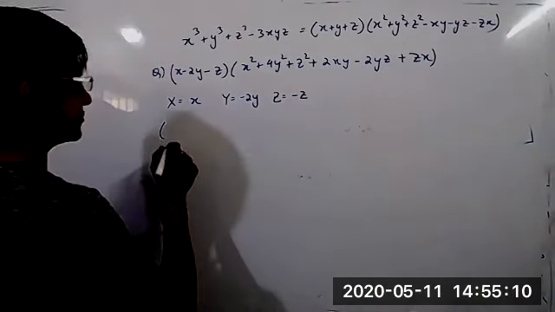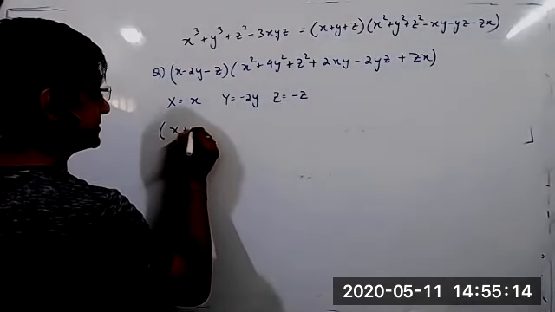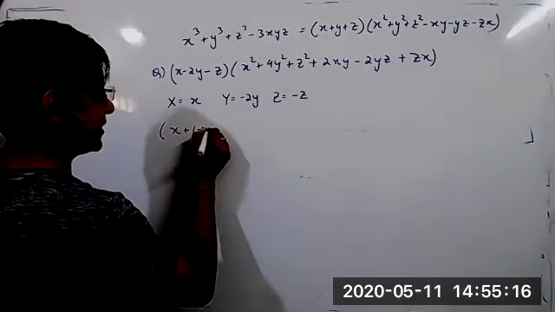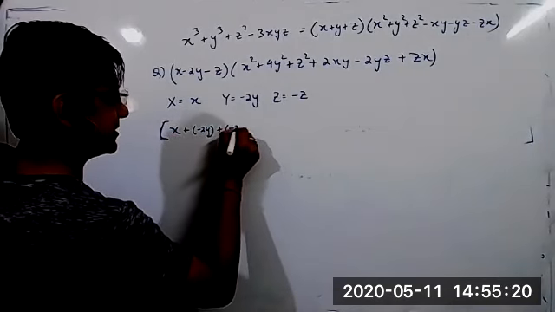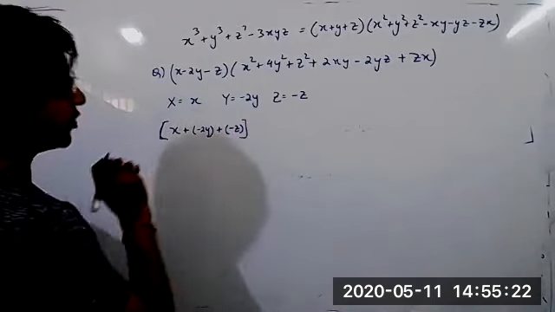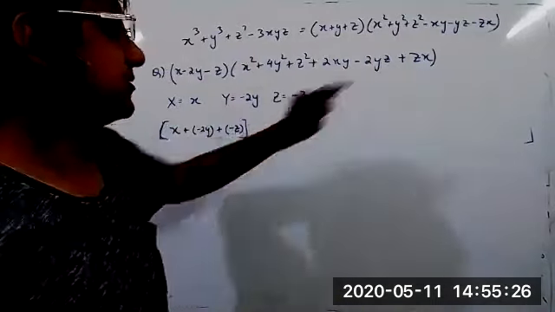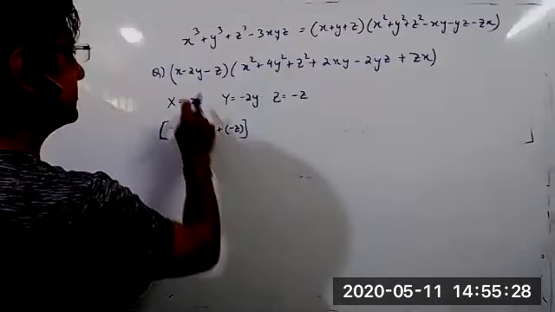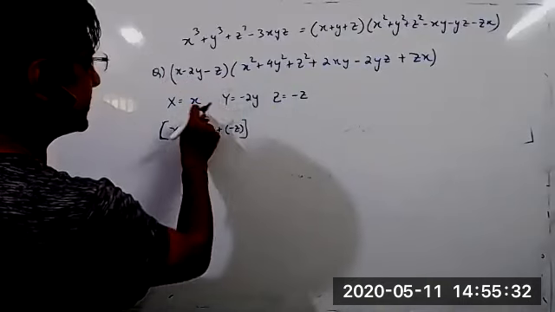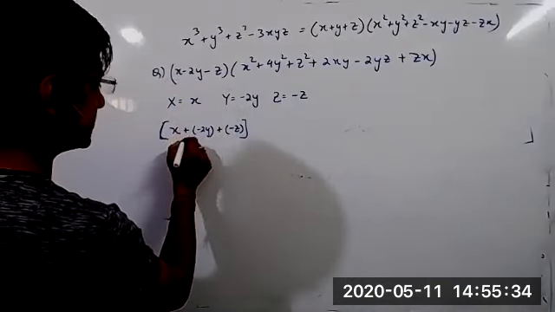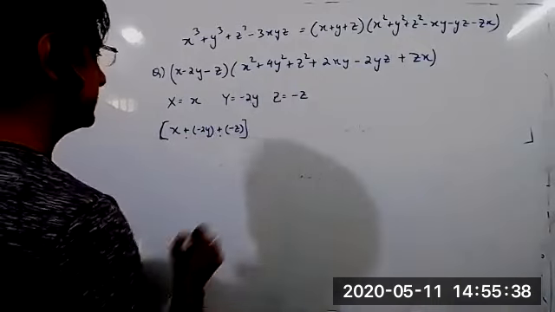I thought that I'm mute. So x plus minus 2y plus minus z. See the steps what I am doing, that is more important. This is the question. So you have to find x, y, z. Here you write x as x, y you have to make it negative because it is positive. So it should be minus 2y and minus z.